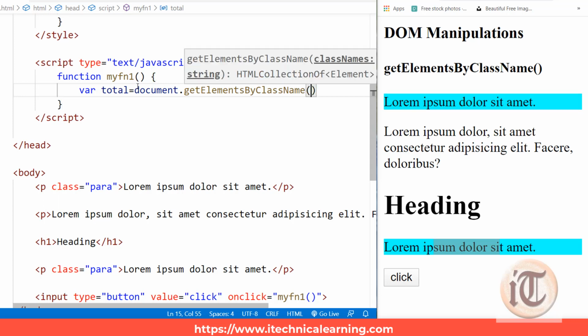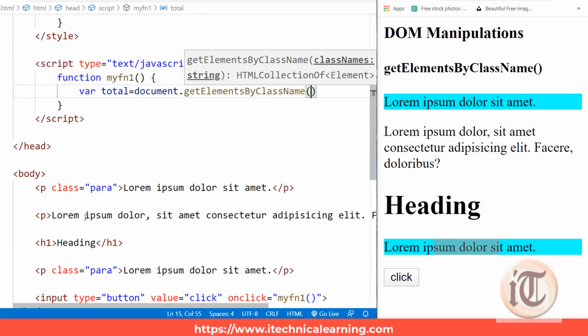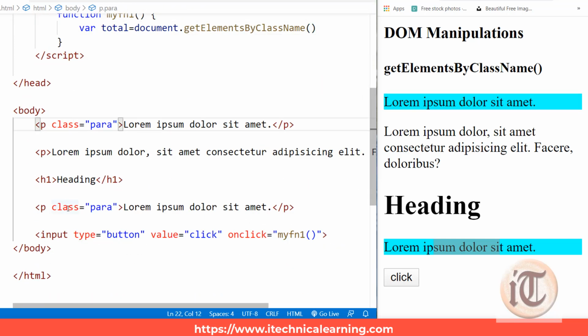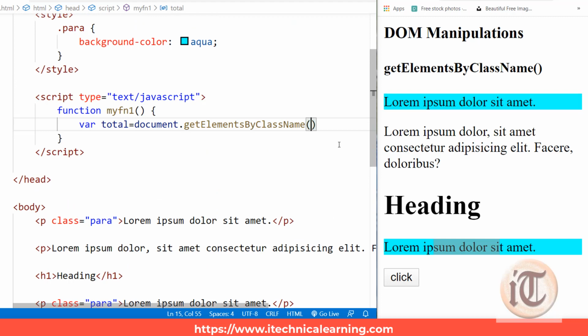Which elements do I want to get? Those associated with the particular class. I have two paragraphs that are associated with class para, and this paragraph is not associated with any. So I want to get the elements that have the class name para.